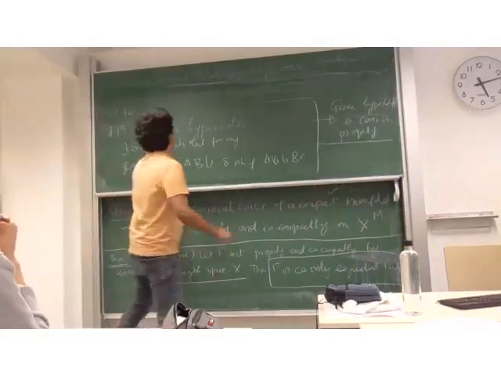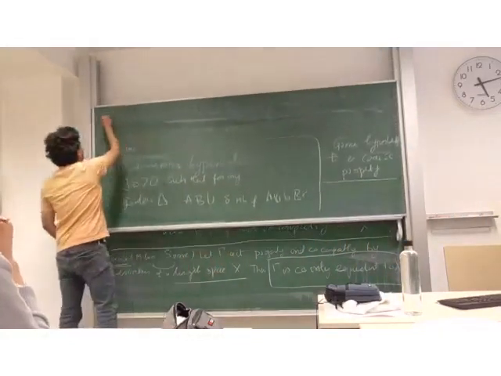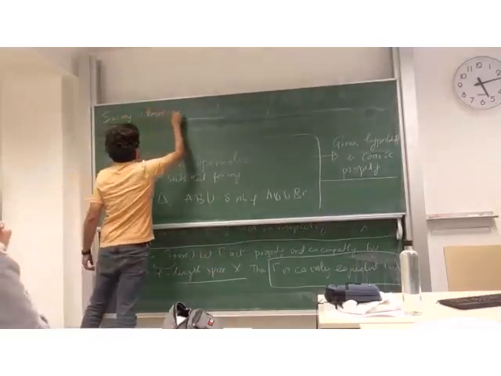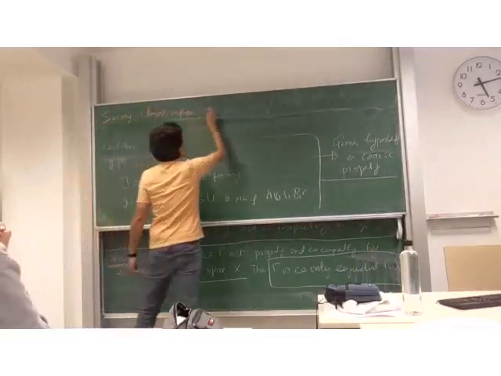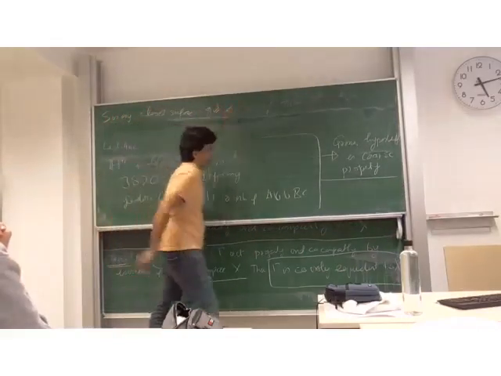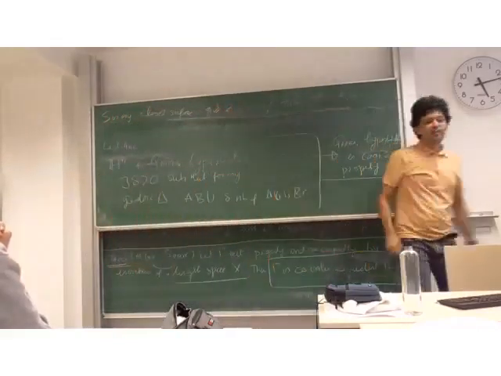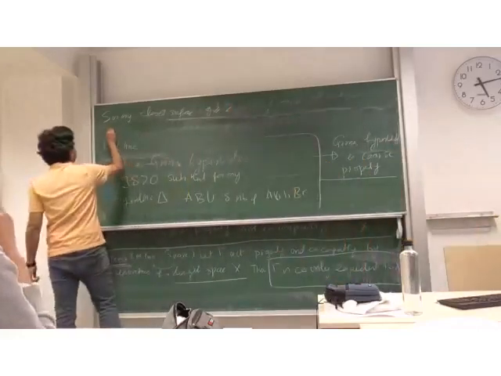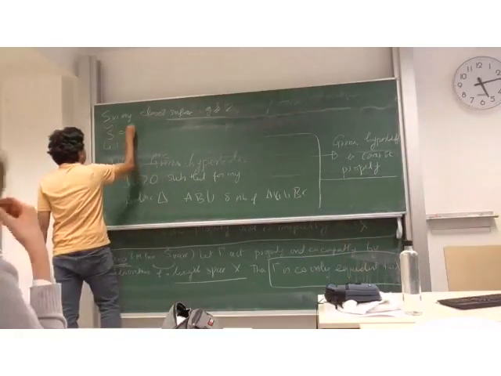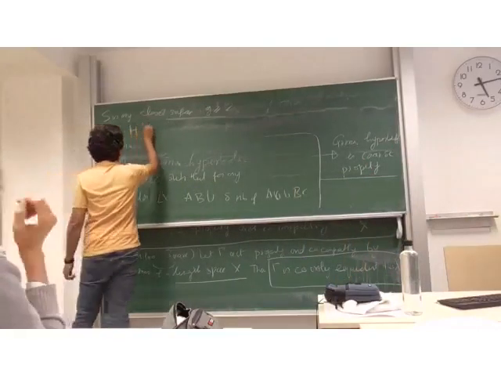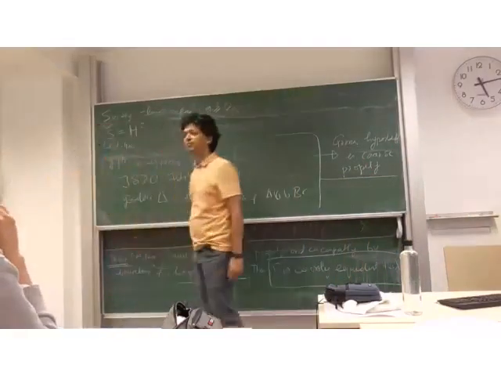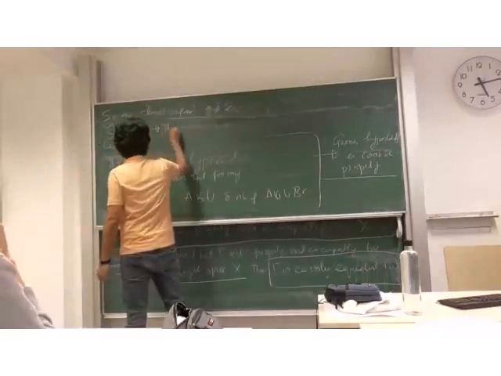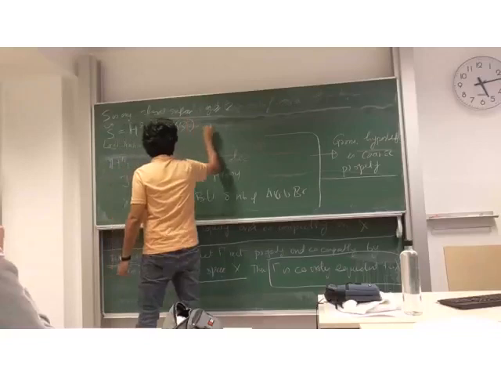So if S is any closed surface with genus g greater than or equal to 2, then what one knows is that the universal cover of S is the hyperbolic plane, and this will imply that the fundamental group of S is